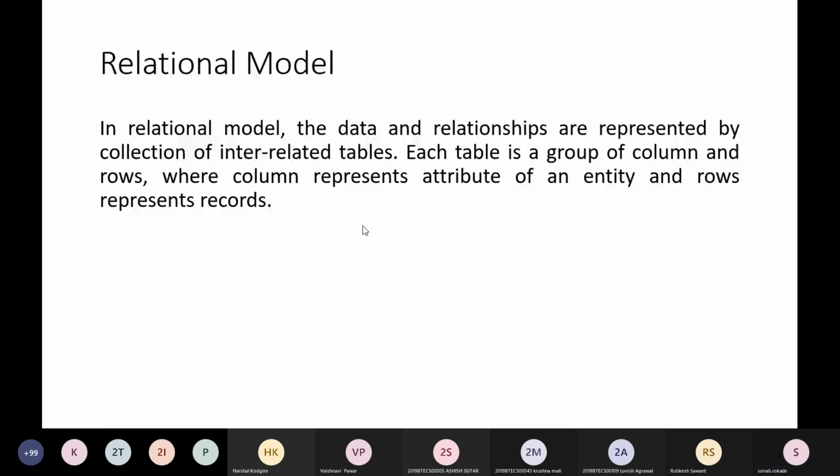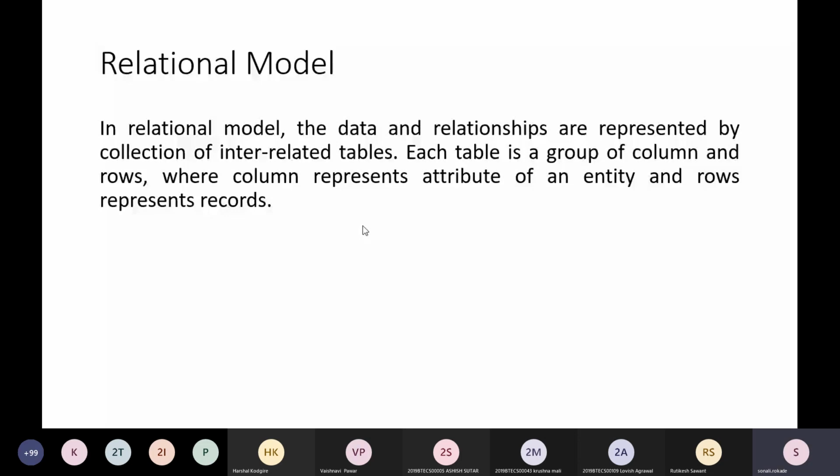There will be multiple tables, and they will relate to each other. Each table is a group of columns and rows, which we saw in the first lecture.